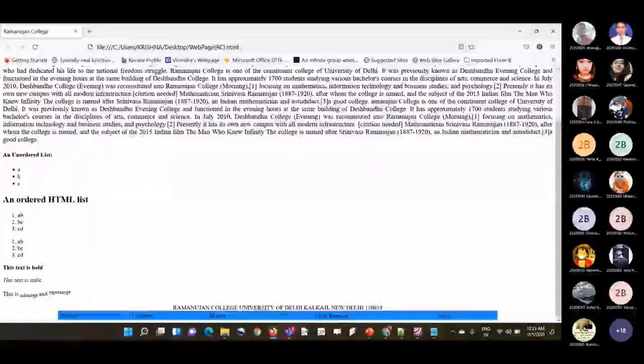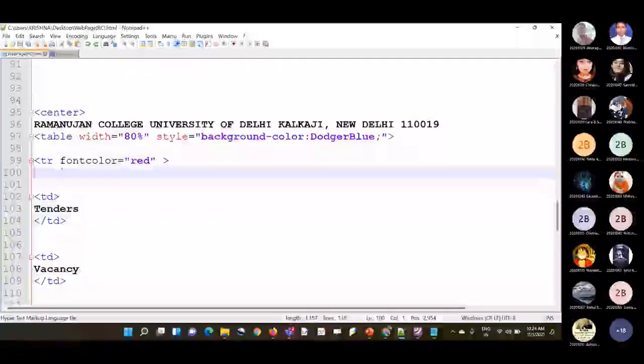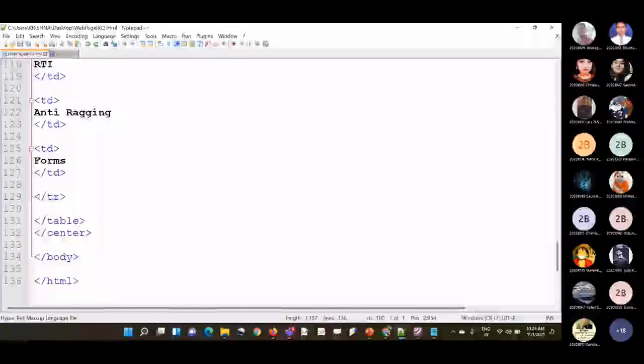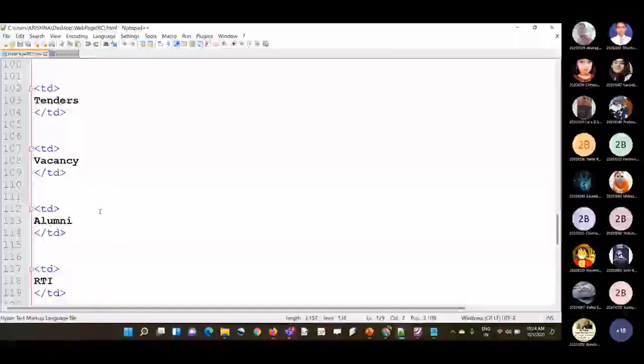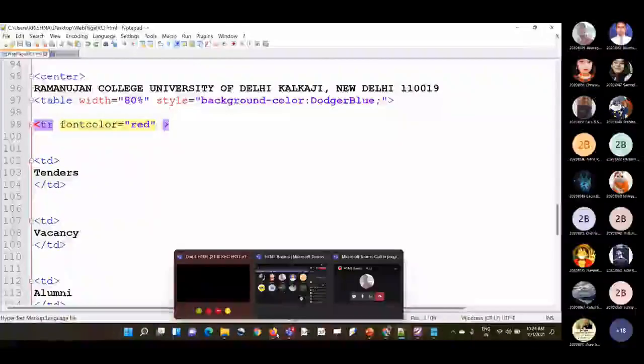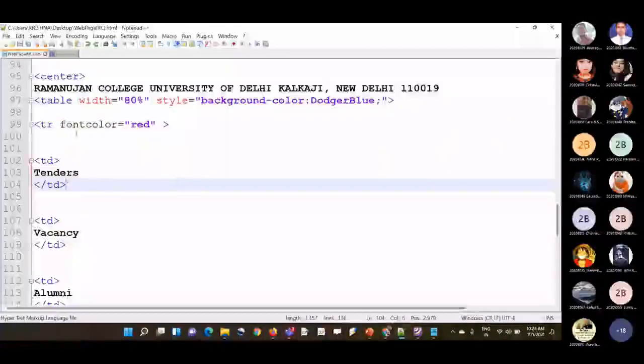Just a minute, whether it is producing or not. I think this tr has some closing tag or not. Okay, here it is. So to make a table, actually this bottom line is prepared using a table. Using the table tag. So for that we have to write